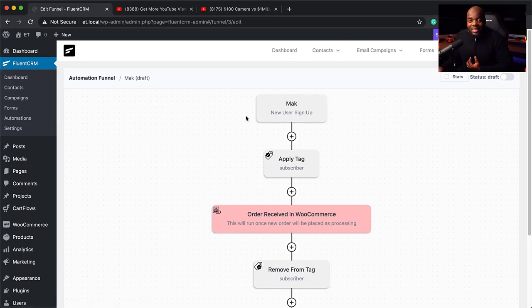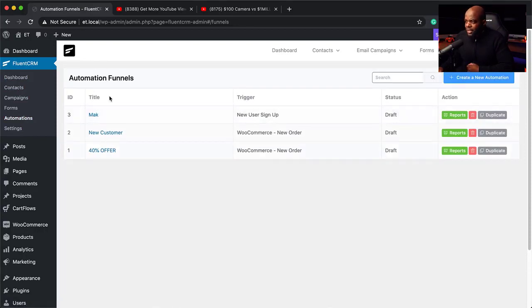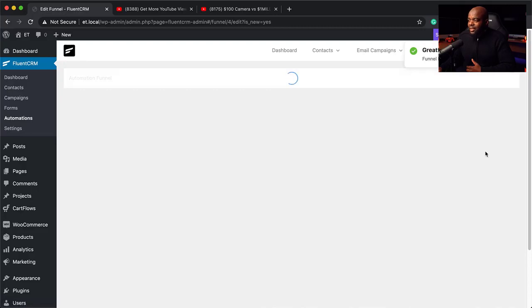Now let's move on to the next feature, which I really, really like as well. And I remember speaking to the CEO of FluentCRM, and I did say, look, how come we can't just do something as basic as duplicating the funnel? So that's what we're going to be talking about now. So back over here now on automations, you can see here we have these three. So let's say I want to create another offer on my site, which pretty much follows the same sort of steps. Now we have this feature here called duplicate, which you can just go in here, duplicate this,